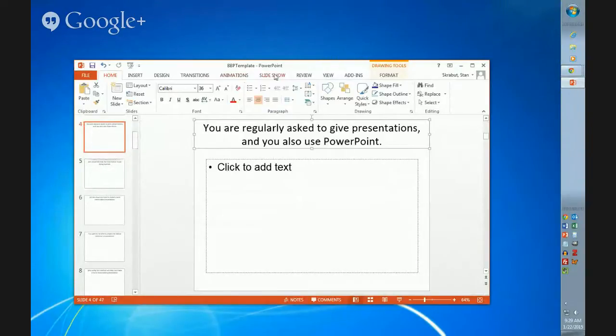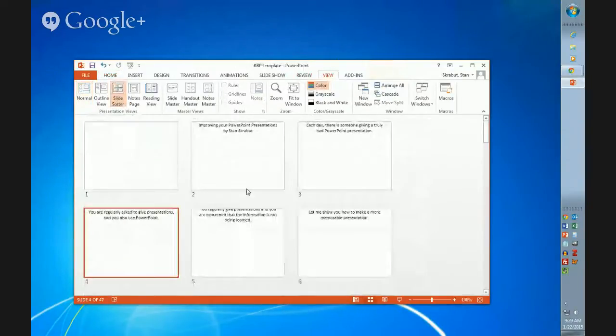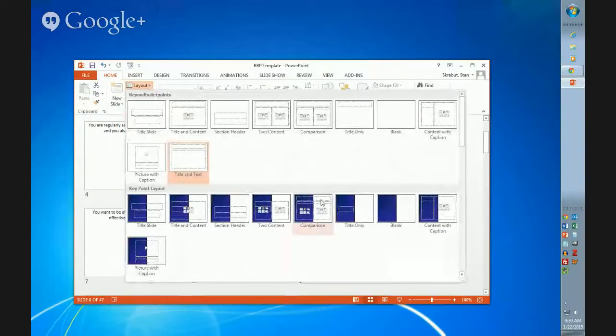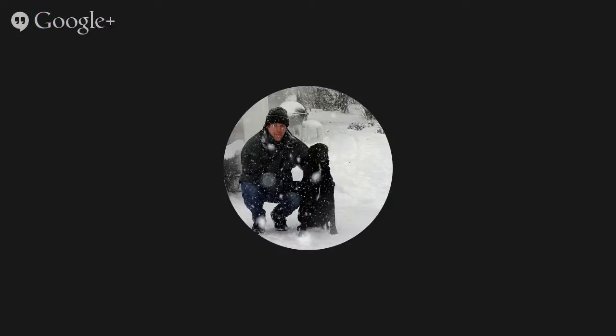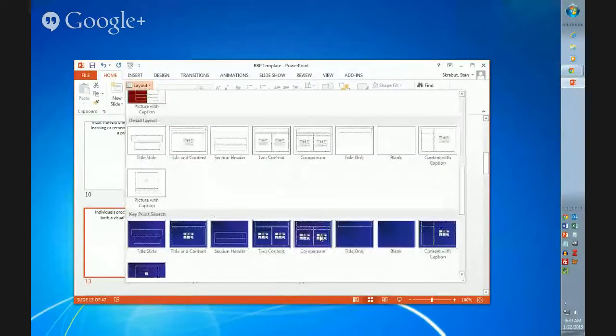But also, let me go back to the slide sorter, so I can look at why using this method would make a more memorable presentation. That was one of my key slides. And so I want to make sure that it's going to look in that format. This one happens to be one of those explanation slides, so I'm going to make it look like that. And I'll go through my whole slide deck and look at the processing of verbal,